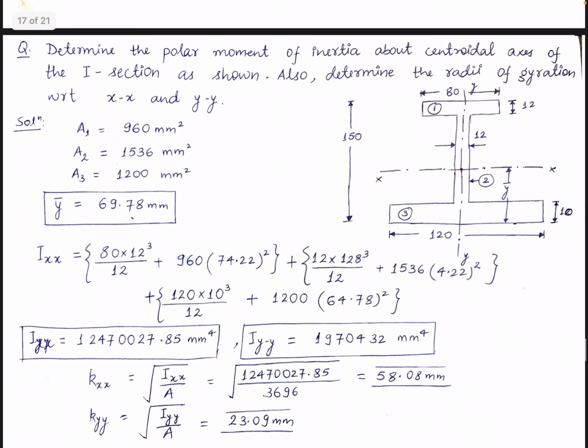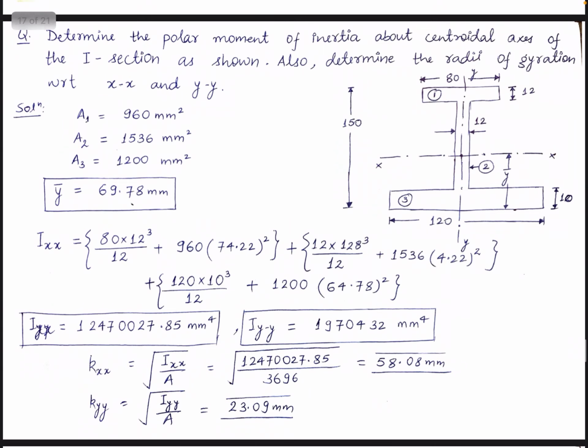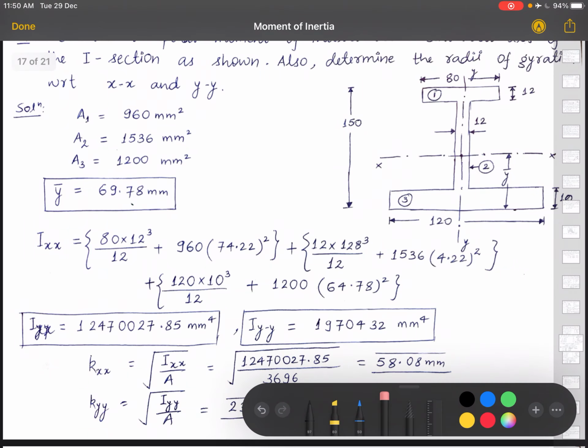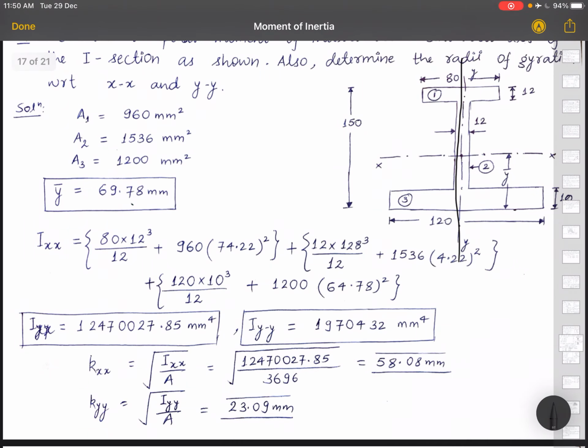Now let us see the unsymmetrical I section. What will be changing? So y bar will be changing. X bar is the same. This symmetrical axis, it will be here only. So the centroid will lie here itself. But due to unsymmetry, this y bar is going to change. It is not going to be at the midpoint. So this you have to calculate.